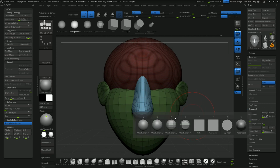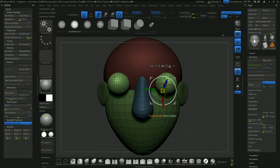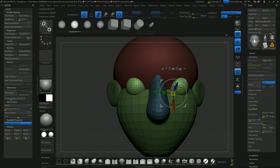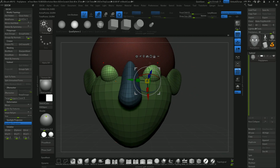Now the eyes. Insert a mesh. W to position those inside the skull. But what you really want to do with the eyes is move those onto their own layer. So I'll come into the subtool menu. So using this insert mesh method, anytime you make something, everything else becomes masked. So as long as that is masked out,